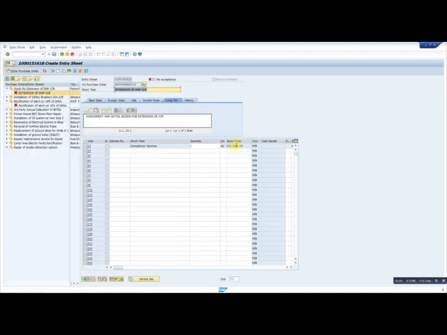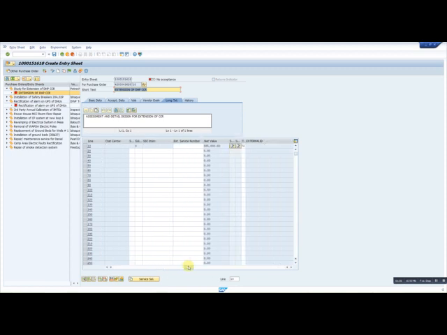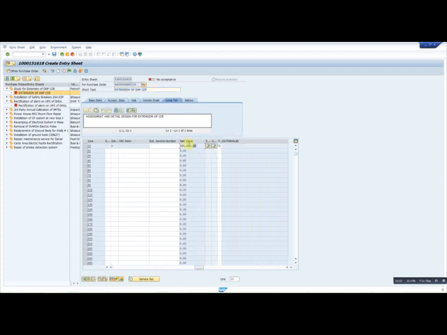Now here the price will be accordingly. This price we have already put in the purchase order, and it is fetched here, and this is the tax code that we have to put, according to how much tax we want to incorporate. 72 means the 13% sales tax, services tax, sorry, this is 13%.